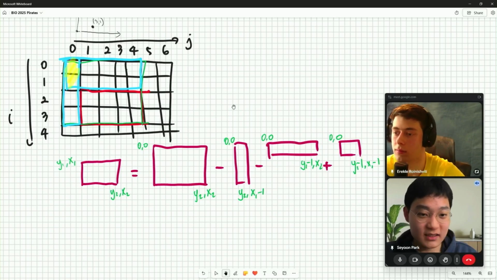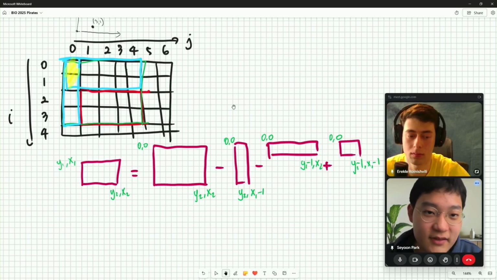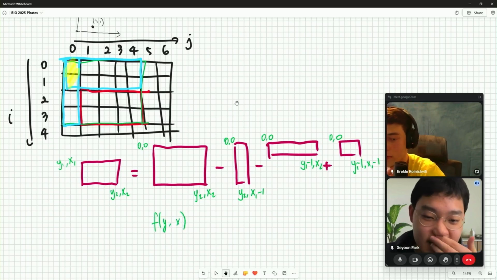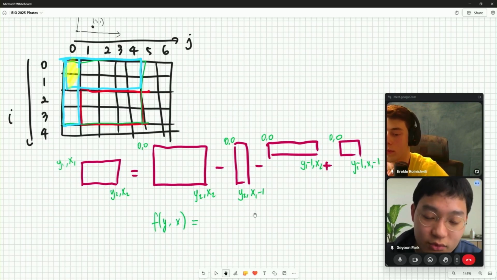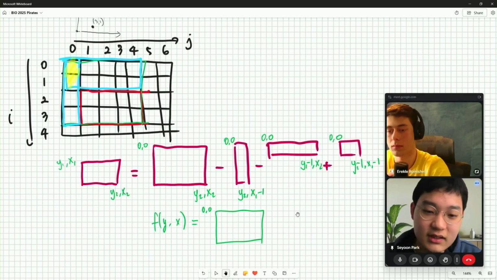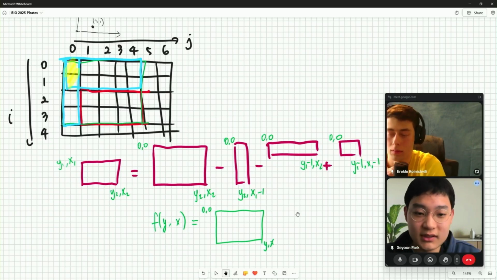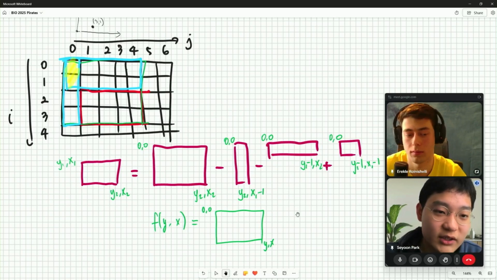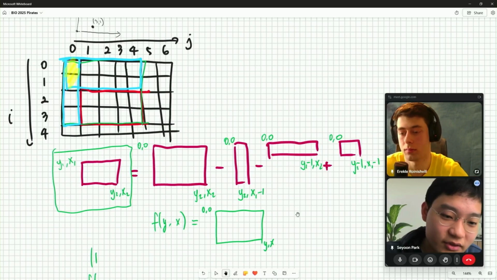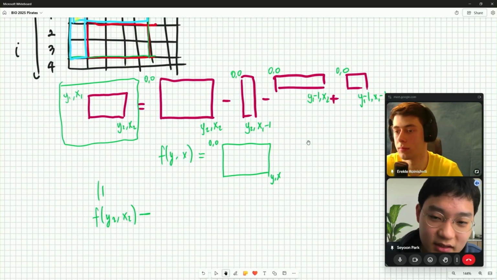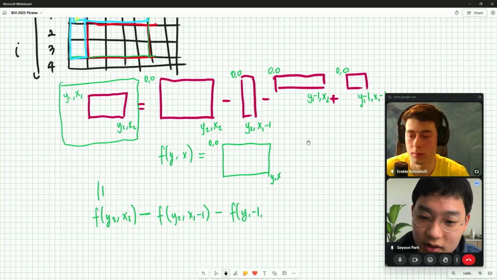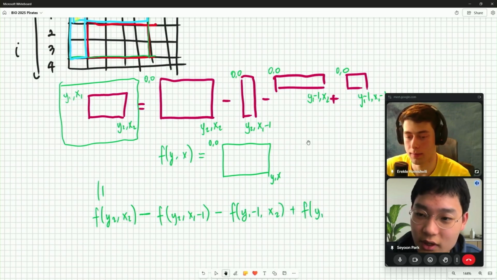As you can see, if we have access to a function f of y x that returns the answer for the grid with 0 0 at the upper left corner and y x at the bottom right corner, then we can get the answer for this rectangle as f of y2 x2 minus f of y2 x1 minus 1 minus f of y1 minus 1 x2 plus f of y1 minus 1 x1 minus 1.